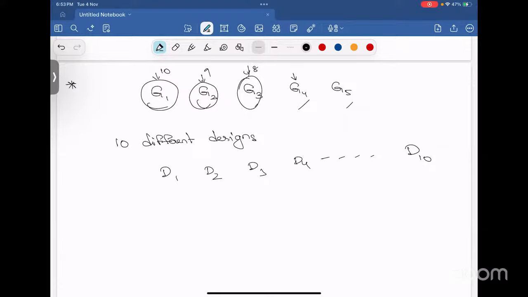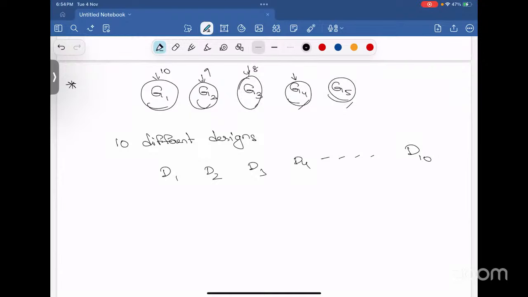What is it? The first option is simultaneous. So why is it simultaneous? Because